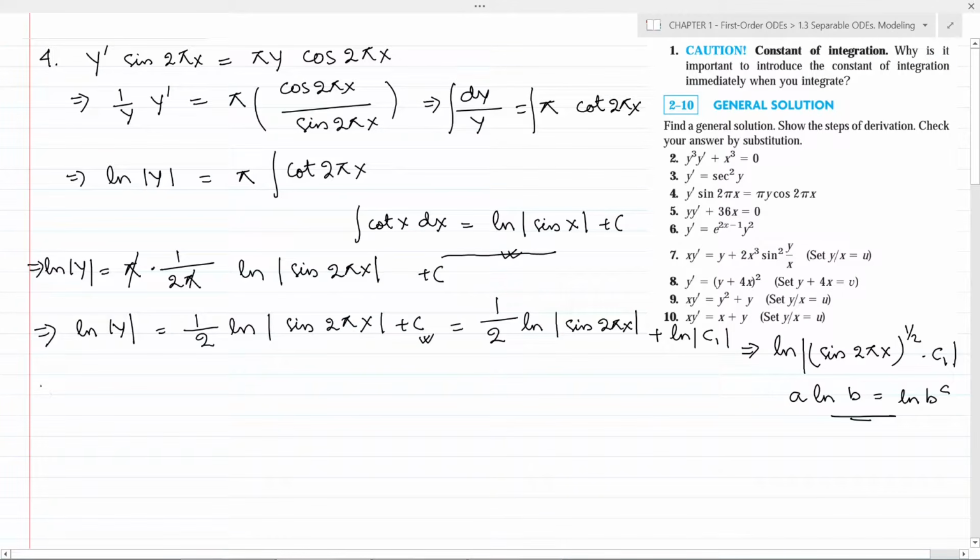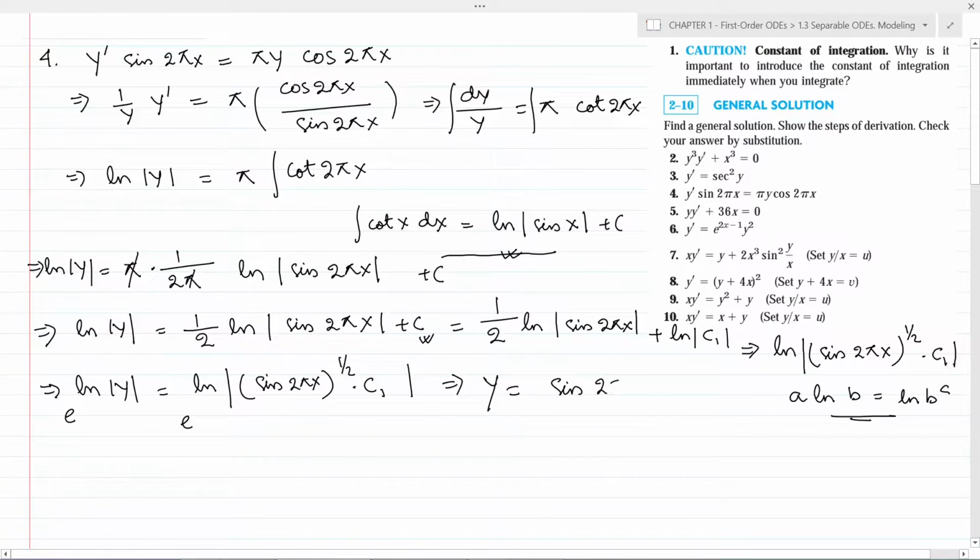So this can be reduced to natural log of y is equal to natural log of sin 2 pi x to the power 1 by 2 multiplied by c1. We can take e to the power on both sides and we get y is equal to sin 2 pi x to the power half multiplied by c1, and this is the general solution of the differential